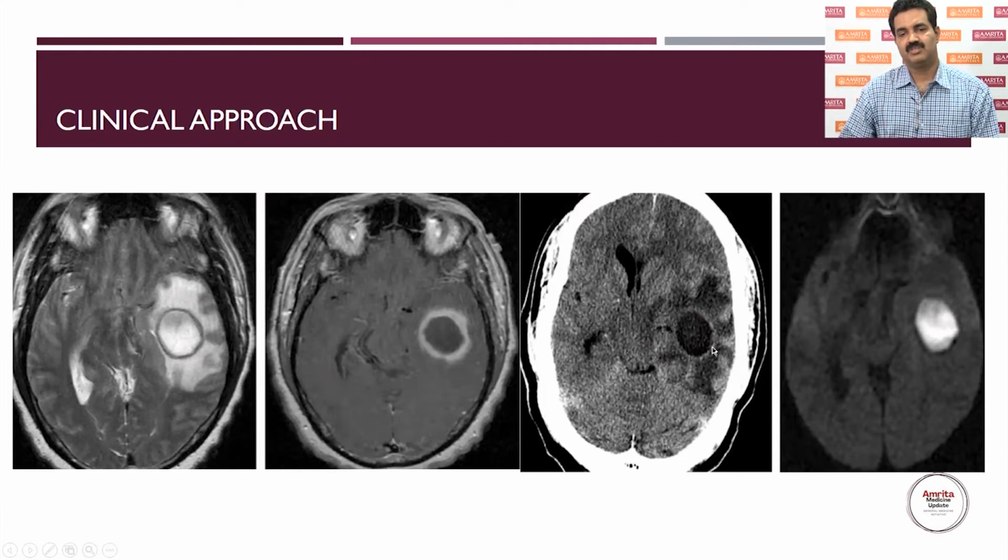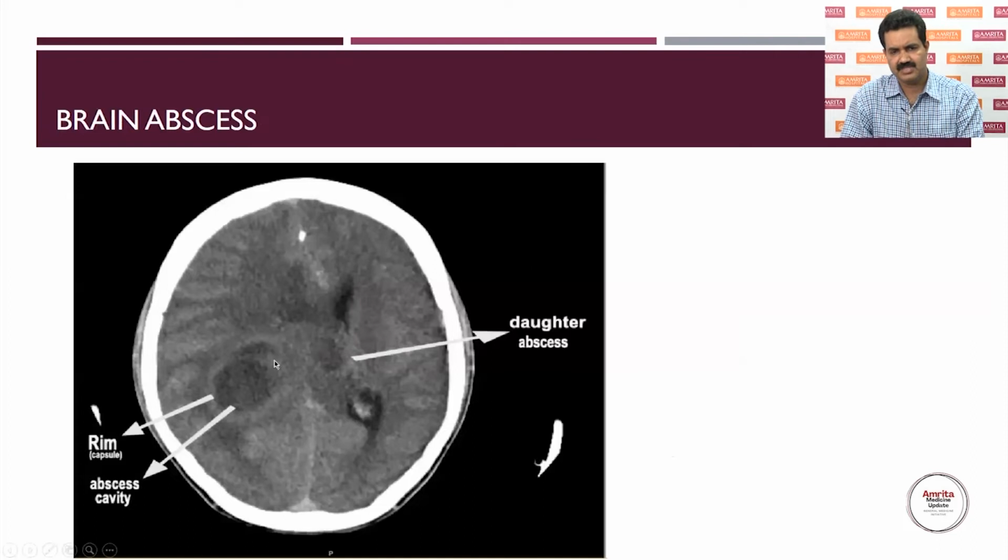This smooth layer is due to the granulation tissue formation, because inside there is necrosed tissue. You can see restricted diffusion. So the restricted diffusion and ring enhancement suggest either an abscess or a high grade glioma. Here, if the patient is having symptoms of fever, headache, and any other propensity for systemic infection, it is more likely to be a brain abscess. So the brain abscess will be the first diagnosis. Sometimes plain CT will show this type of hypodensity inside with a peripheral rim of hyperdensity, and there can be daughter abscesses.